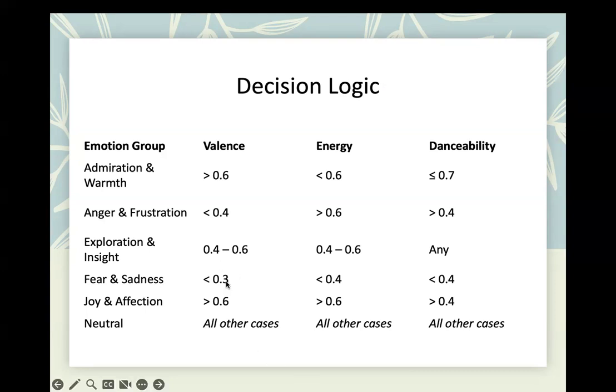That is low happy. And then energy: you have a mediocre energy of 0.4, which is also low. Danceability is also very low, 0.4. So you are now in sadness, and you don't actually want to sit. So this is the way we classify the songs using these three variables.